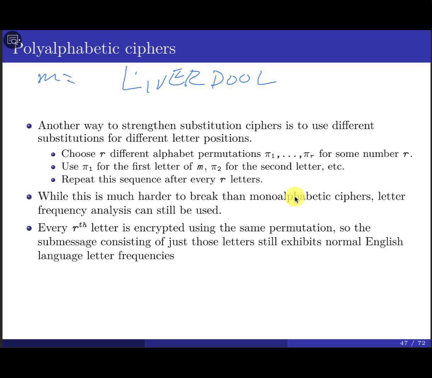So you can say, okay, I'm going to use a key. It's going to have different alphabetic permutations. What does that mean? Maybe the first letter is going to be shifted by 3 to the right. The second letter is going to be shifted by 4, and the third letter is going to be shifted by 7, something like this. So 3, 4, 7. What I'm going to do here is repeat this. So the first letter L is going to be shifted by 3, I by 4, V by 7.